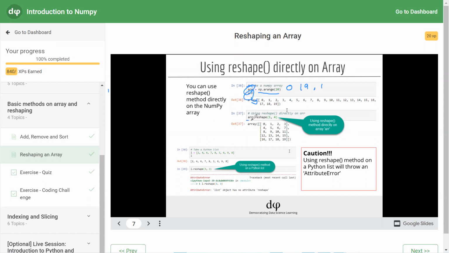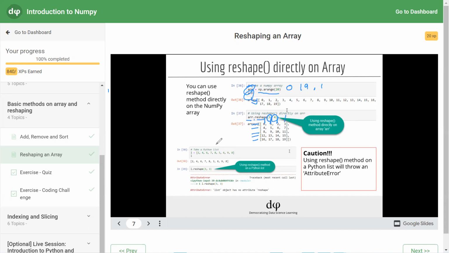You can use the array object, the dot member access operator, and the reshape method, and pass the shape. It contains 20 elements, so we are passing the shape as 5, 4. The resultant reshape will contain 5 rows and 4 columns. You can see it has 5 rows and 4 columns.